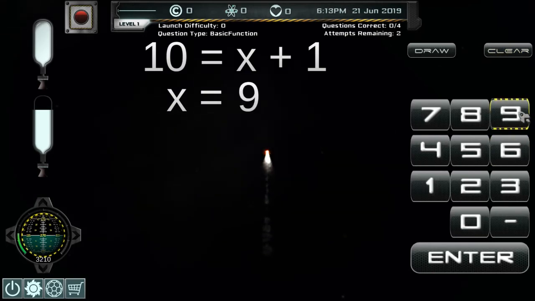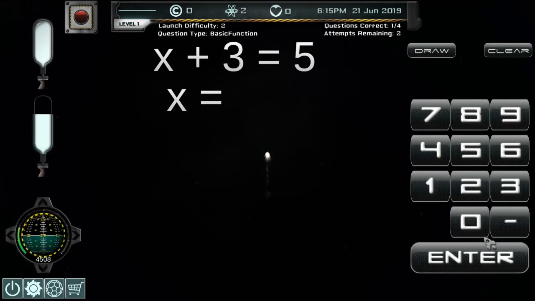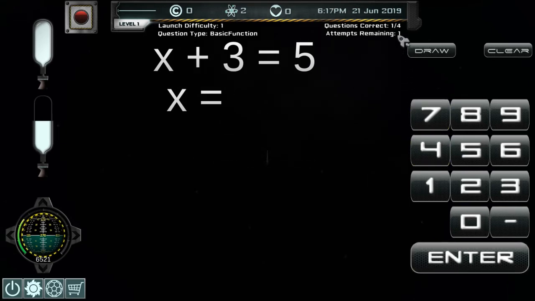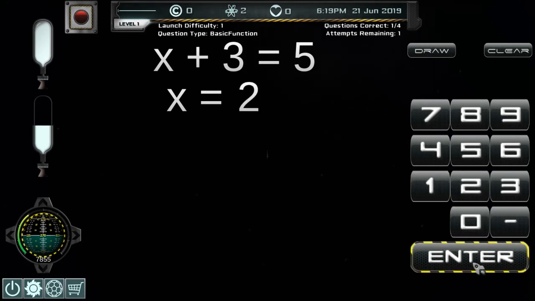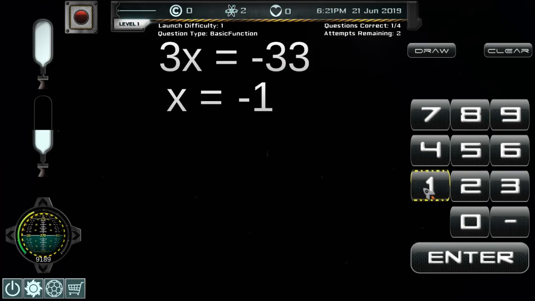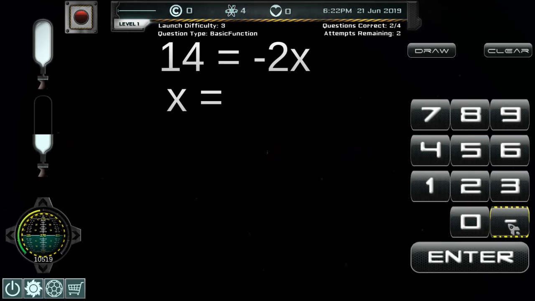Do a little math here. At the same time, if we get the question incorrect, we get an appropriate error message. Notice how our attempts went down by 1, so we probably don't want to fail anymore. Let's go ahead and get this one correct. Do a little division here. And the questions do get harder and easier depending on how the student is progressing through the module. Looks like we're slowly running out of fuel, so we should probably pick it up here. Otherwise,